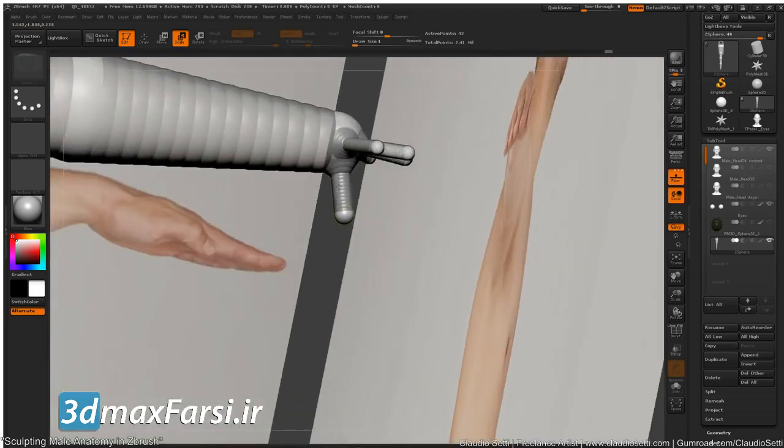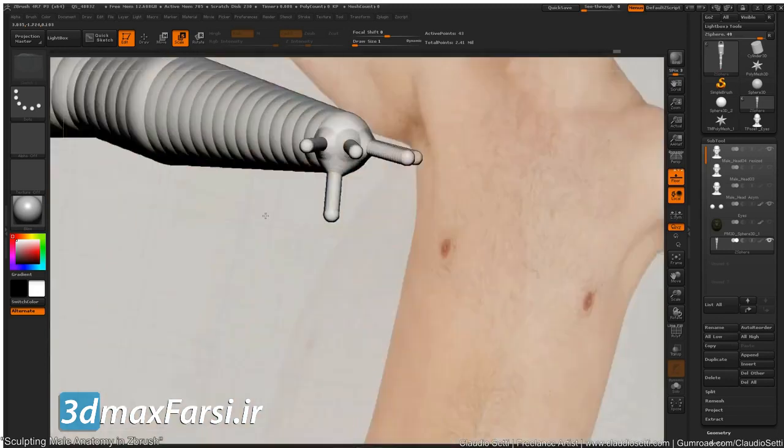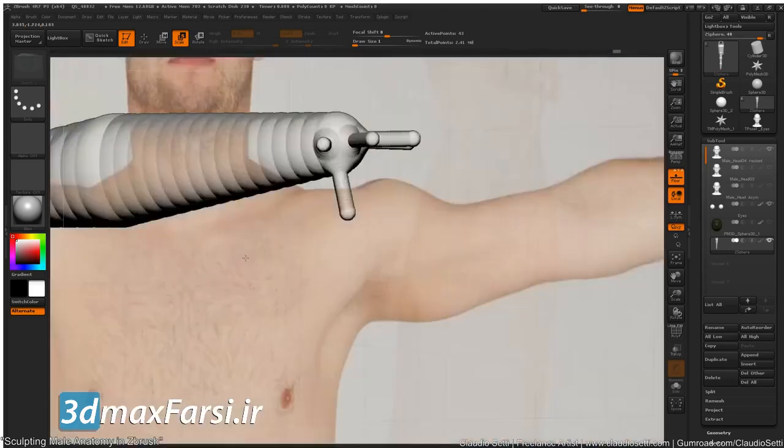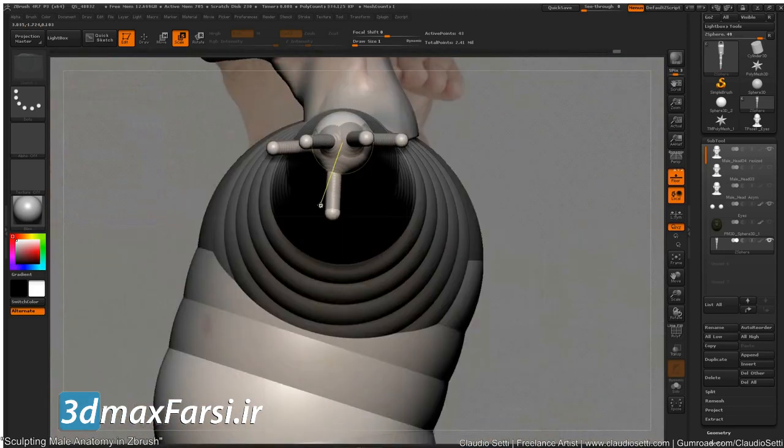And the thumb as well. Okay. Let's hit R and just rotate this. And if we use the rotate